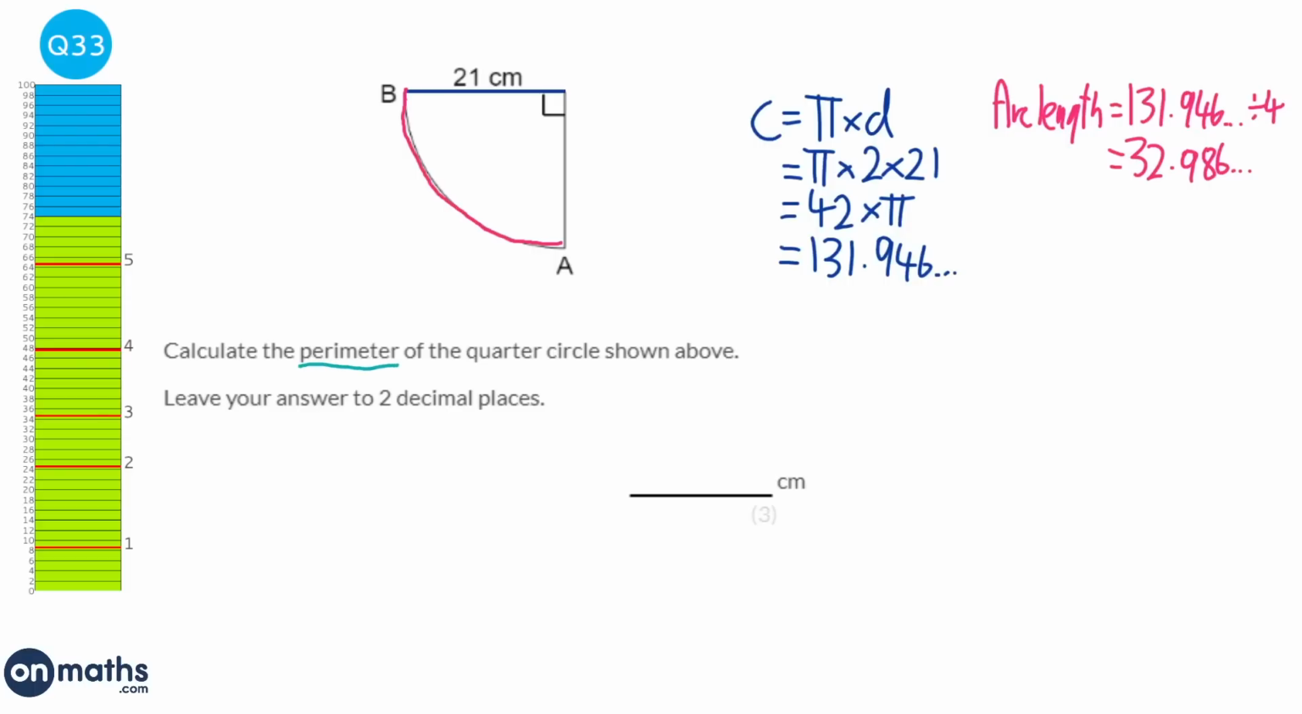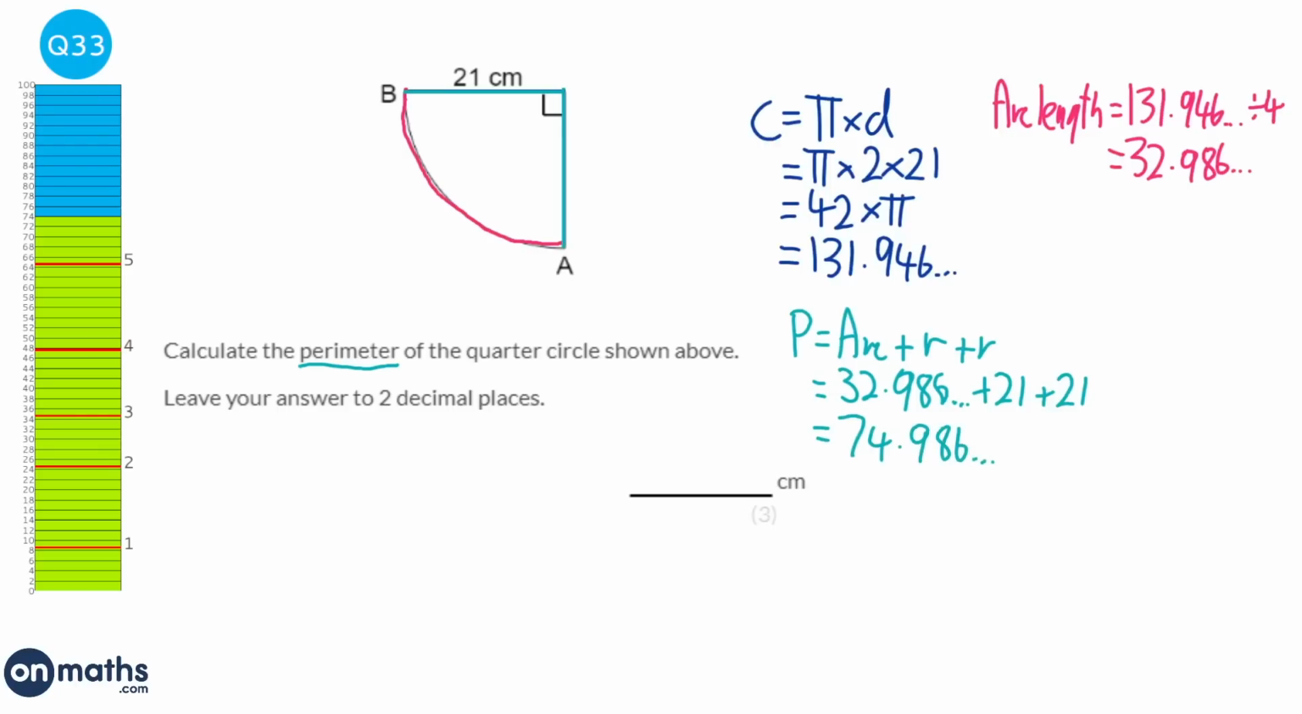Perimeter is the total distance around the circle. So we've also got to add on the 2 parts here, the 2 radii, to get the full distance around the shape. So the perimeter is going to be the arc length plus a radius plus a radius. So that's 32.986... plus 21 plus 21, which equals 74.986... And when we round that to 2 decimal places, we get the answer of